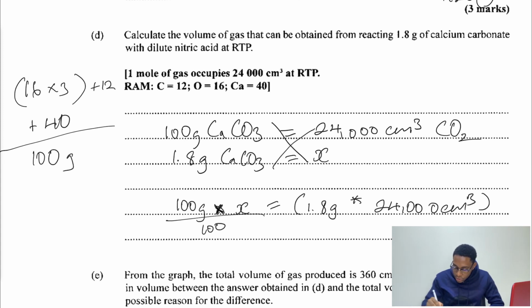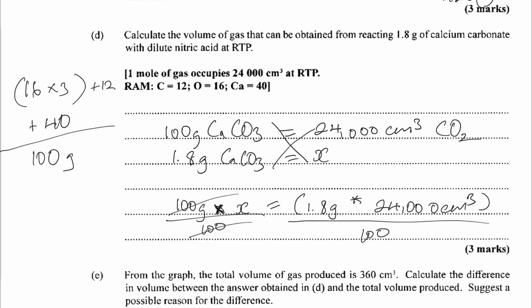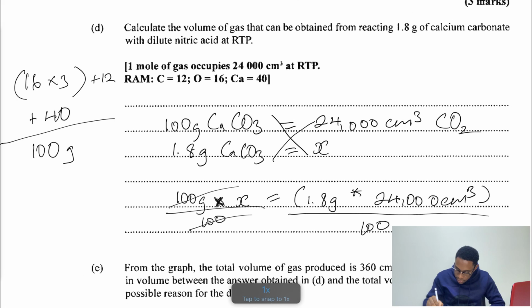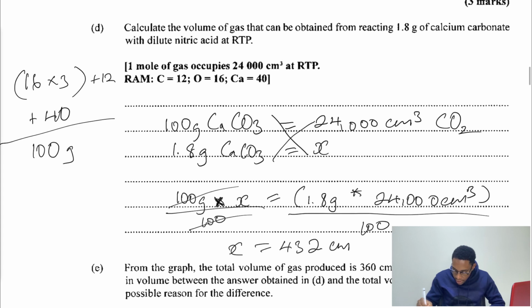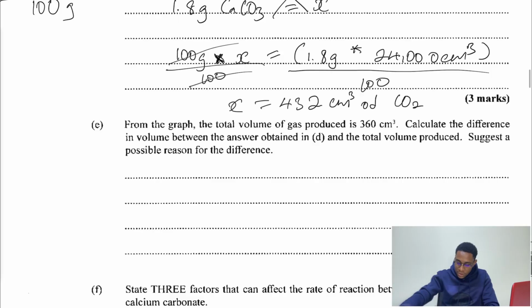So we cross out that, and now we are left with X is equal to 1.8 grams times 24,000 centimeters cube over 100. And our answer, I did some of the calculations beforehand. So X is equal to 432 centimeters cube of carbon dioxide. Easy. Moving on. So question E is asking us that from the graph, the total volume of gas produced is